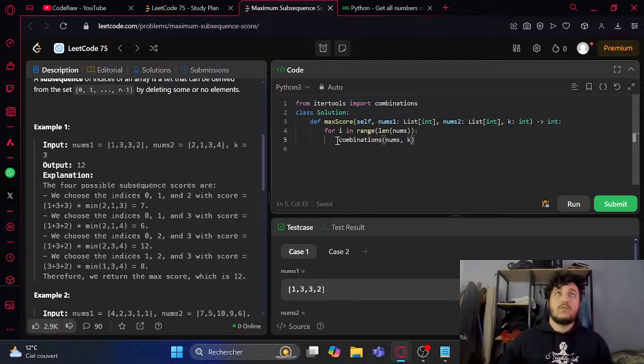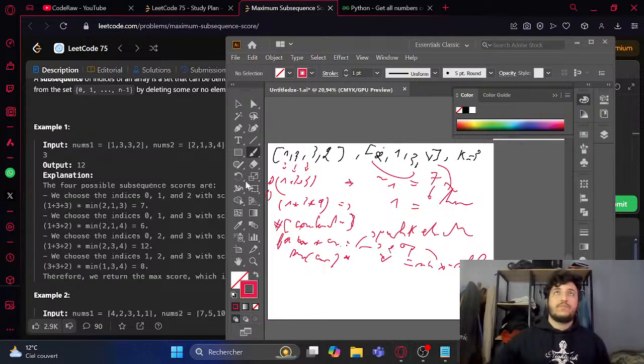This is gonna return numbers. Oh, it's not k. Okay, so no, I cannot, because we don't know the index. Okay, so here we have 1 3 3 2. So I'm gonna make this I, and this is I plus 1, and this is I plus 2, and if the I is here,